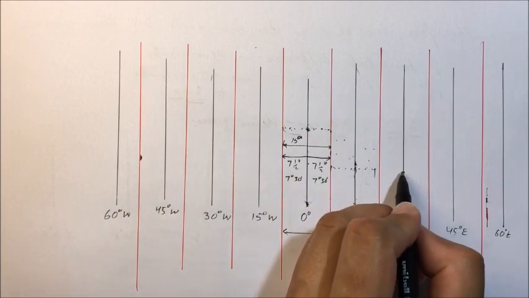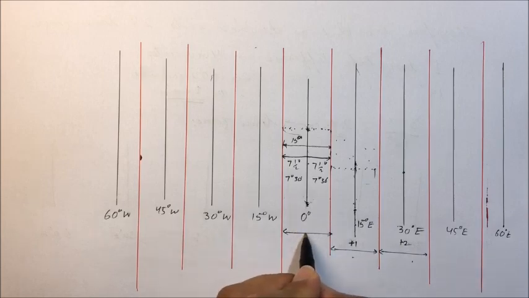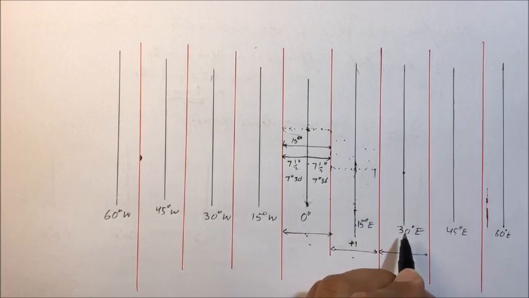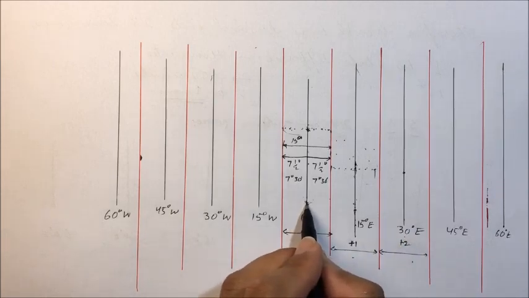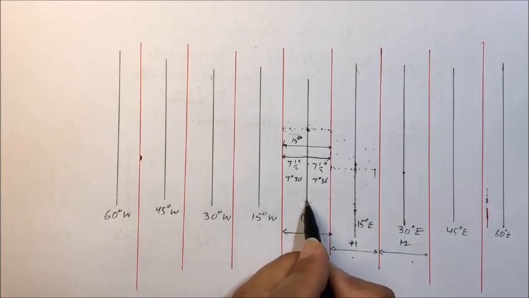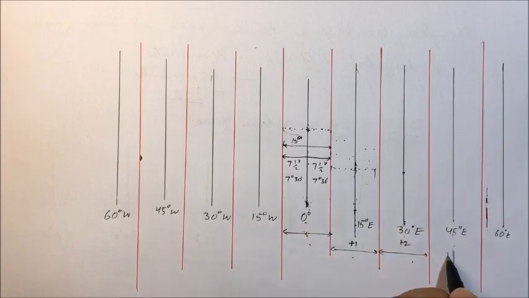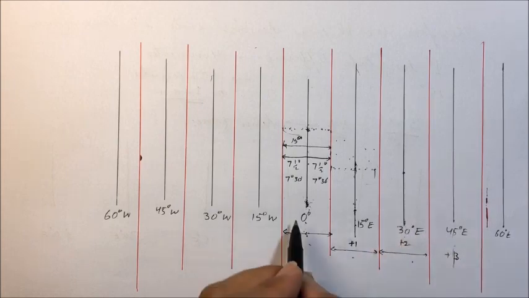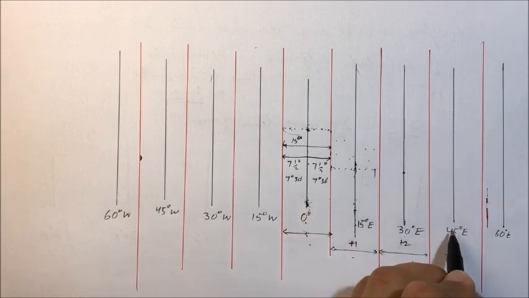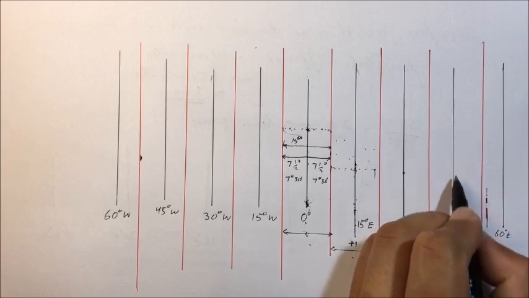Similarly here, it will be +2 of the time at Greenwich meridian. At 30 degree, the time will be 2 hours ahead of the Greenwich mean time. So we will add 2 hours to the Greenwich mean time. Similarly, if we move here at 45 degree, it will be +3 hours. So +3 is added to the Greenwich mean time, and we get the time here. This same time will be followed in this zone, and this will be the standard for this zone.